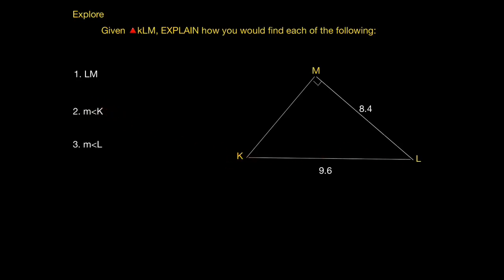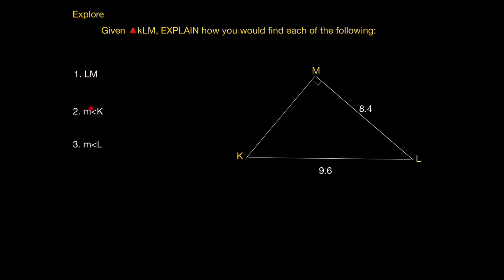Something that comes to mind immediately is the Pythagorean theorem, because I know two sides, and if I do a squared plus b squared equal to c squared, I would easily be able to find KM. However, that might be a little bit too much work, and if I can avoid doing more work, I'll try to do it. So I'm just going to try to do the angles first and then see if this is